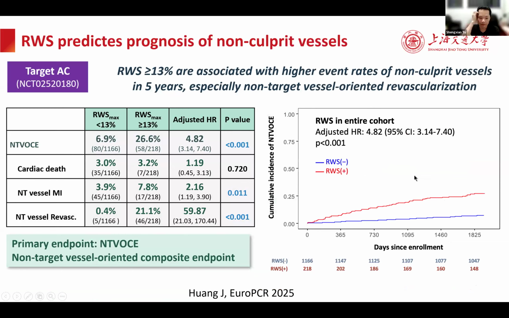And we also analyzed a European population. The TARGET-ACS trial is a European trial with 5 years of clinical follow-up. This result was presented this year in EuroIntervention, in collaboration with Dr. Lansky at Yale. Our collaborators analyzed, with Professor William Wijns in Galway, the angio-based radial wall strength, and the result was